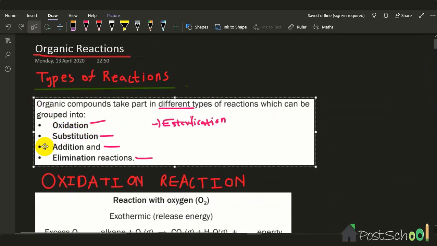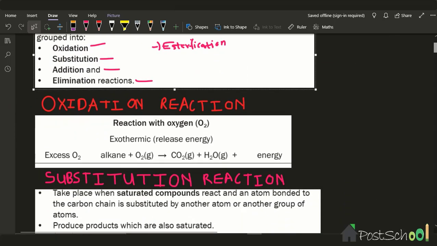Okay, oxidation. Okay, oxidation reaction. A reaction involve oxygen, from the word oxygen. Okay, it is an exothermic reaction. It is an exothermic reaction, means it exits heat. So keep nje heat okanye heat in a form of energy anjalo. Excess oxygen ever combined in alkene kuphuma carbon dioxide, water kanye ne-energy.